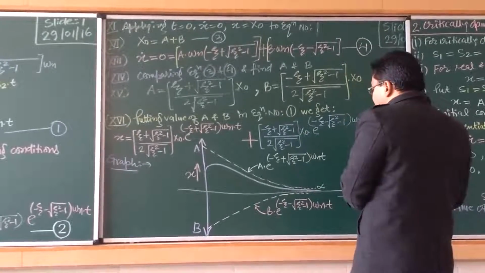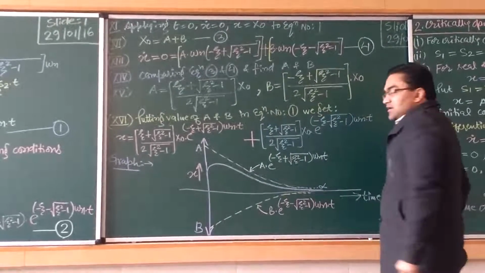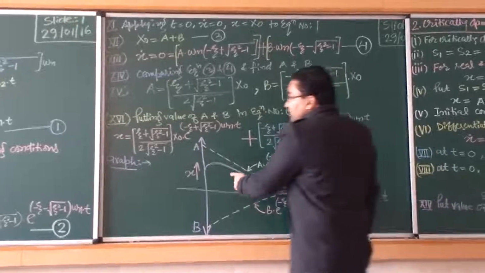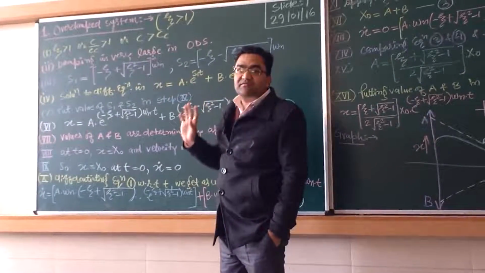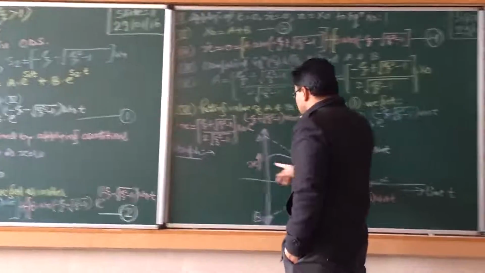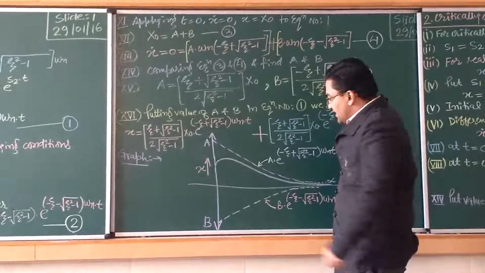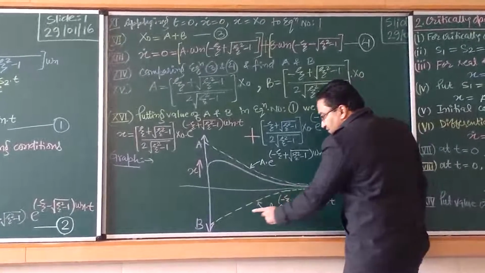Point number 1. Second thing, we will be drawing the graph for that. Since you can very well see from the S1 value, the values of S1 and S2 are both negative. It means the system is overdamped and so this is the graph of damping.